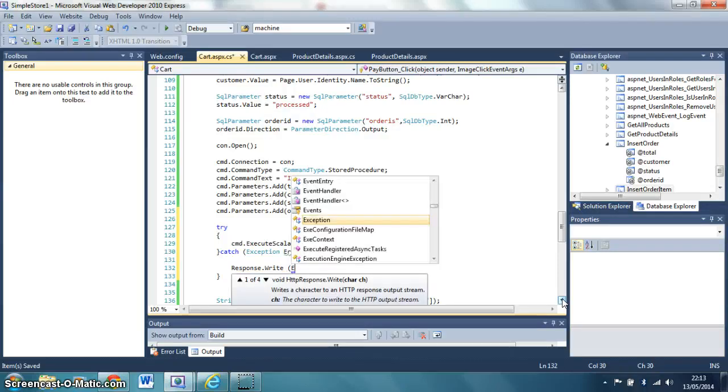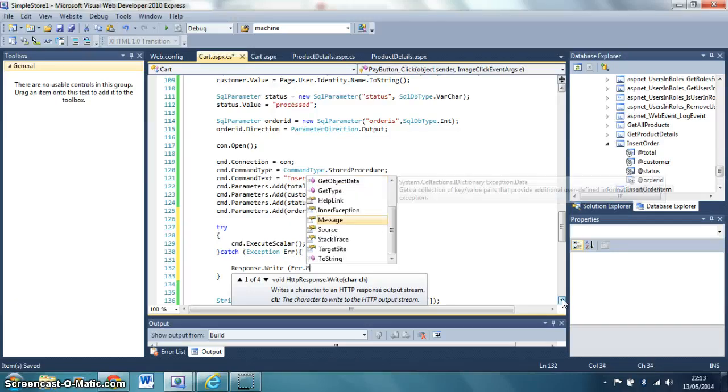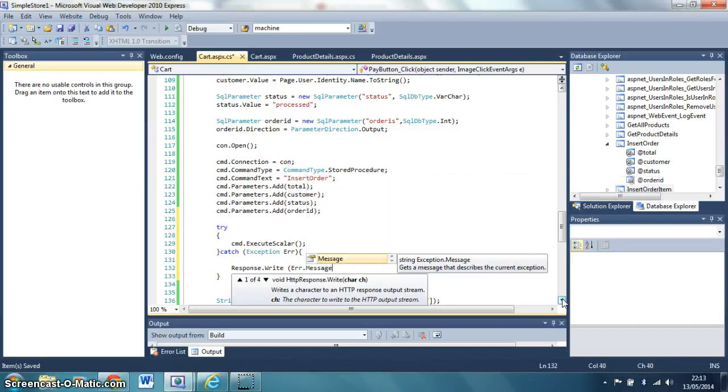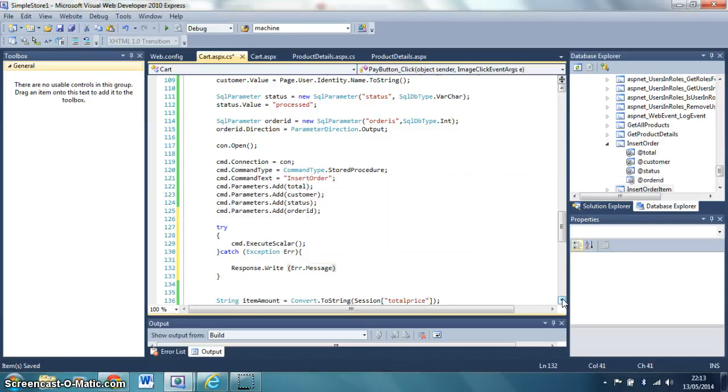So let's call it error.message. And just doing this because often